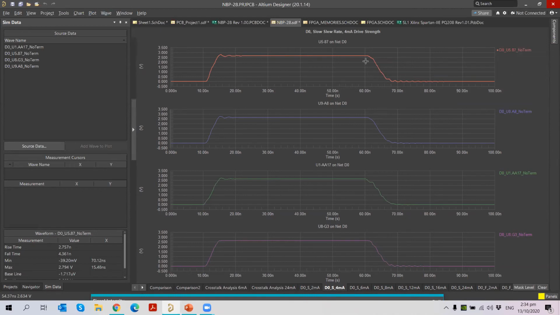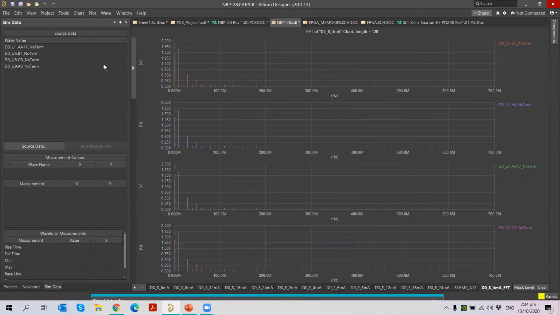Okay, then coming to your chart, I want to see my FFT, fast Fourier transform, in terms of frequency. You can just create it. So your FFT waveform will be generated with respect to your frequency, so frequency versus your voltage. You can generate it here. This is for no termination value. We are determining this. Okay, so we can do all this inside your signal integrity analysis.